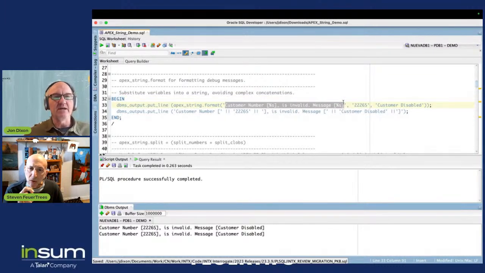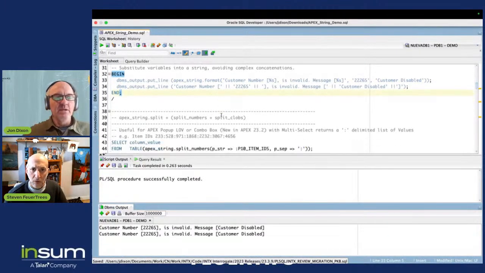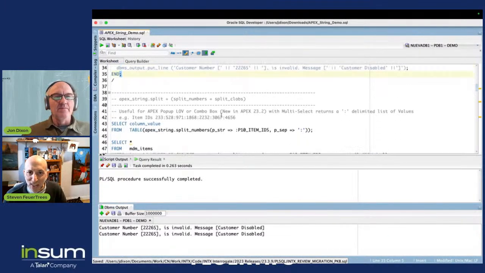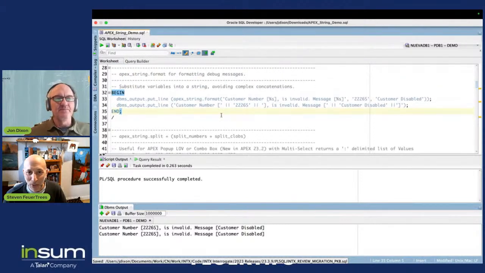So I tend to use that when I'm formatting my debug messages. Yes, can you go back to that for a second? Sure. I hate how SQL Developer by default grays out DBMS output line calls, but when I need to look at the API for format, because